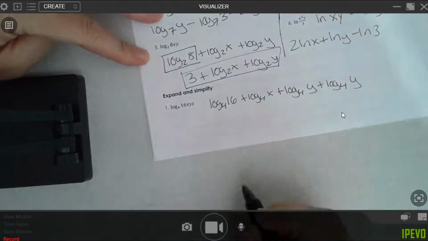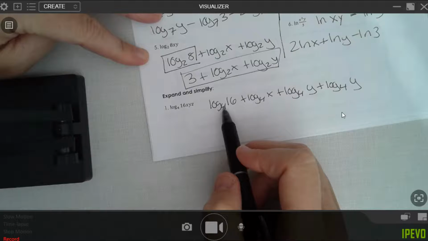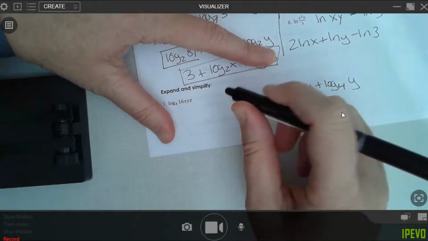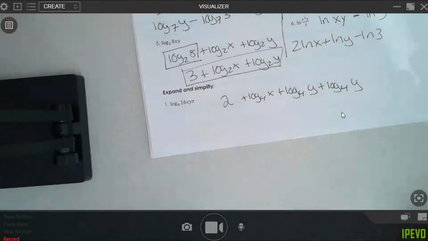So that'll be your first step. And then 4 to what power gives me 16? So this right here is just going to change to a 2. I don't feel like rewriting everything, so I'm just going to erase it and put a 2 there. So that would be your